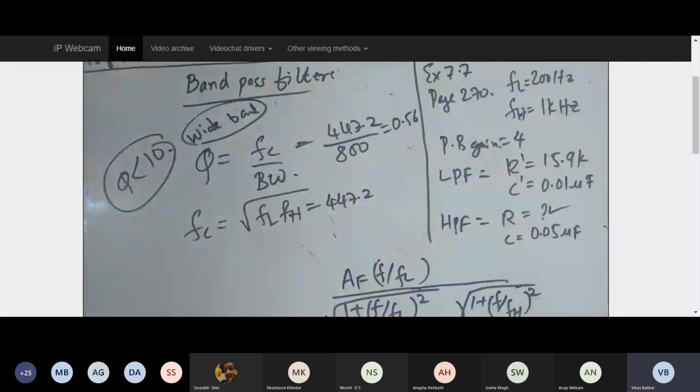But on Saturday, I'm going to give you a clear-cut picture of what things you are supposed to answer or read from these two contents. So even that discussion, I'm going to have on Saturday. And in another 2 to 3 classes, I'm going to wind up the remaining contents and we'll touch upon a few more numericals.